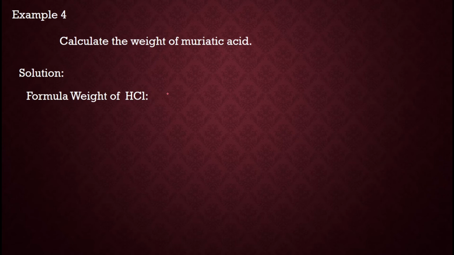Next, calculate the weight of muriatic acid. Since this is the chemical compound HCl, H is hydrogen and Cl is chlorine, so there is one atom of each. Therefore, 1 times 1. Then Cl, chlorine, contains one atom,